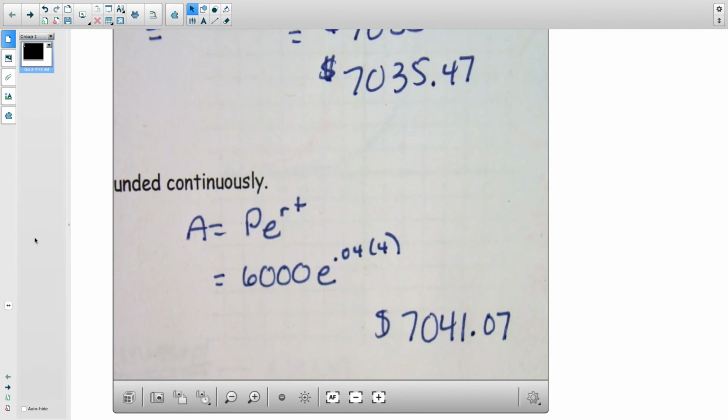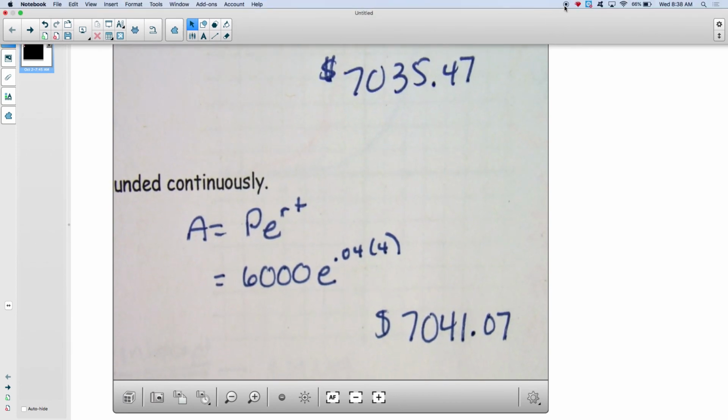It's $6 for 4 years. If you have millions of dollars, the difference is going to be a whole lot. So when you start investing, when you guys make your millions, and you start investing them